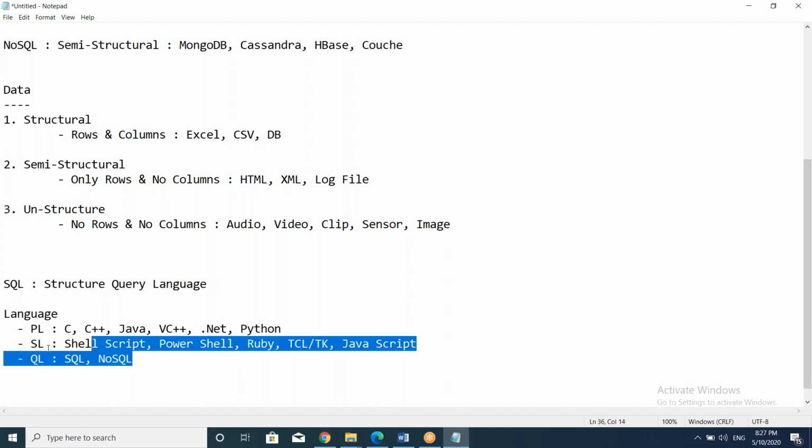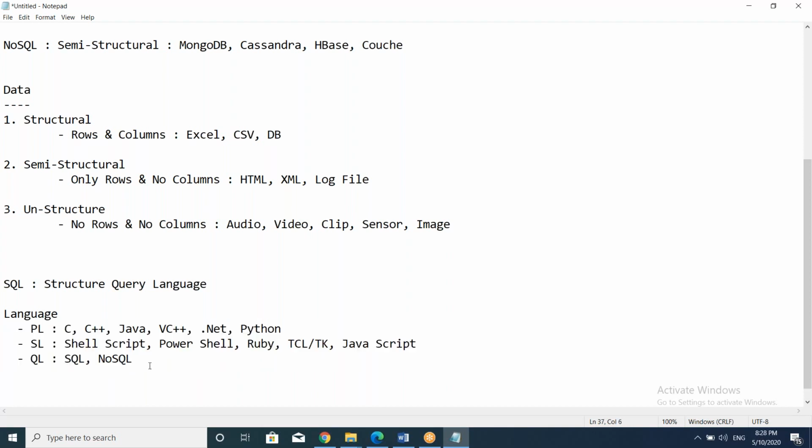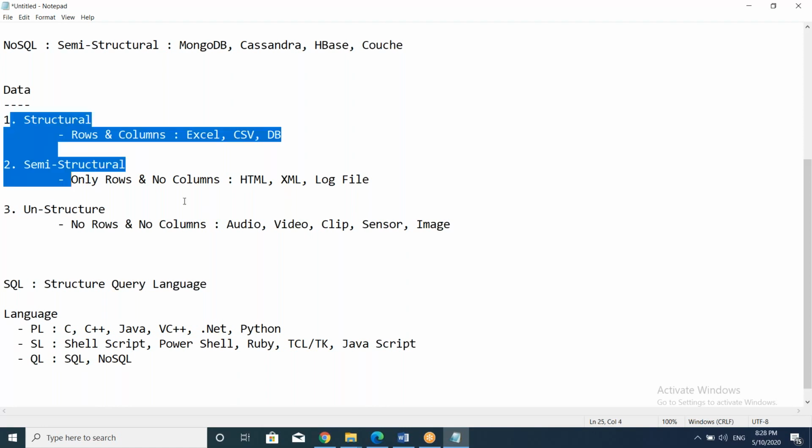If you compare all these three types, query language you will find easy and very compatible, and in many places it will be used, and this is purely database related, not application related. Here everything will be data only. You have to start with data, work with data, play with data, execute with data. Everywhere data, data, data. That's why you should understand how many types of data are present.